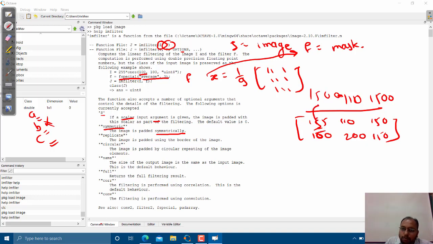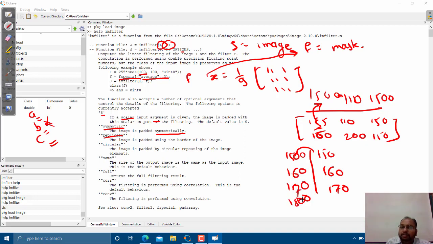From the image itself it will take the pixel values and copy them. Replicate means if the zeros are there at the left hand side, or let us say this image is having 150, 160, 170 as values, then it will replicate it. Simply it will again copy that. So 150 will be over here, then 160, 170 and 180, it will take as it is.